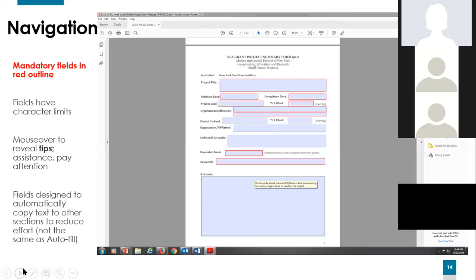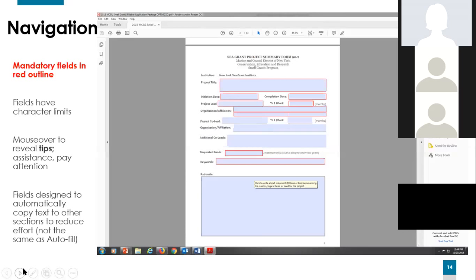You'll also notice as you work with these fields, and in some places we do actually tell you, that there is a limit on the number of characters that may be entered. So this means you should choose your words wisely. We're trying to keep this process as simplified as possible for applicants.